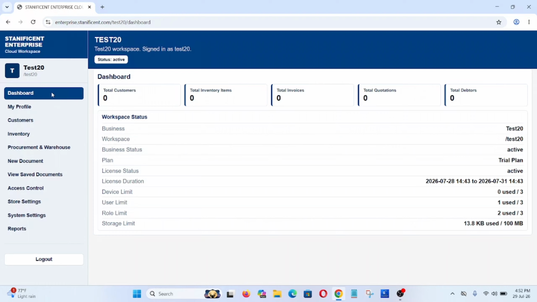In today's video, I'll be showing you guys how to use the STANIFICENT Enterprise Cloud. Now, the first thing you are going to see is your dashboard. On your dashboard, you'll be able to see the total customers, total inventory items, total invoice, total quotations, total debtors, and every other information